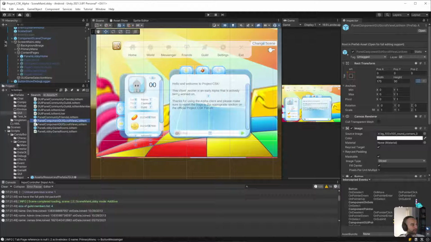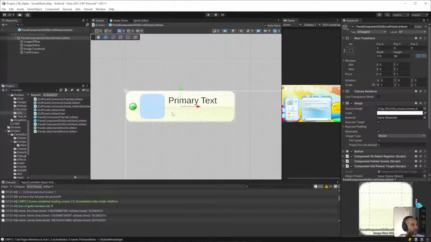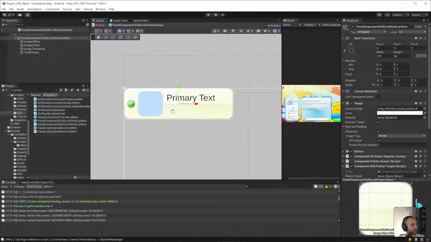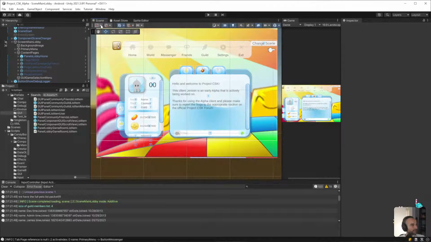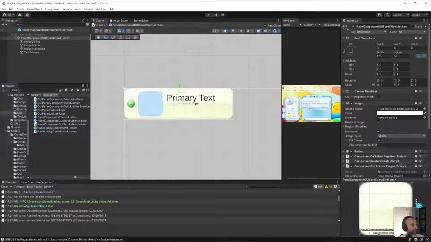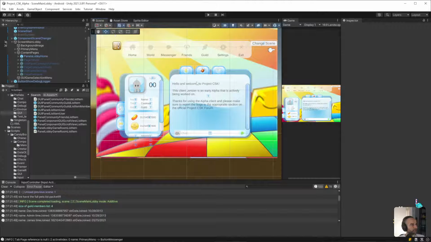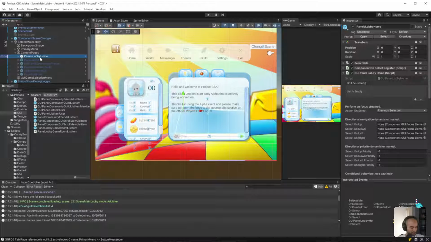Which one did I duplicate? I think this one is legacy now. Panel component GUI scroll view list item. Okay, let's double check that before I jump to any conclusion.